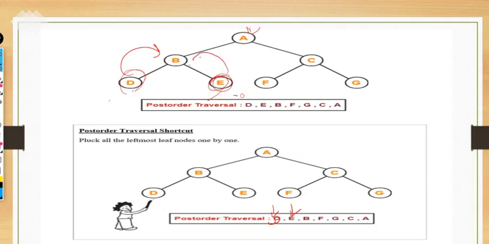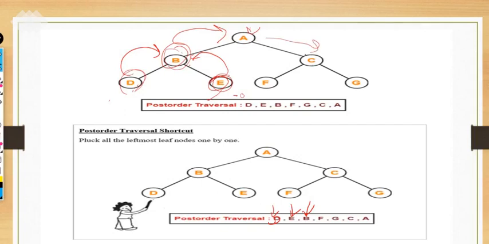So again come back over here. Then is left covered? Yes, already covered. Is right covered? Yes, already covered. Now write this particular root here, B. Yes. Now come back over here. Is left covered? Yes, left part is already covered. Is right covered? No. So first we have to come here to cover the right one.